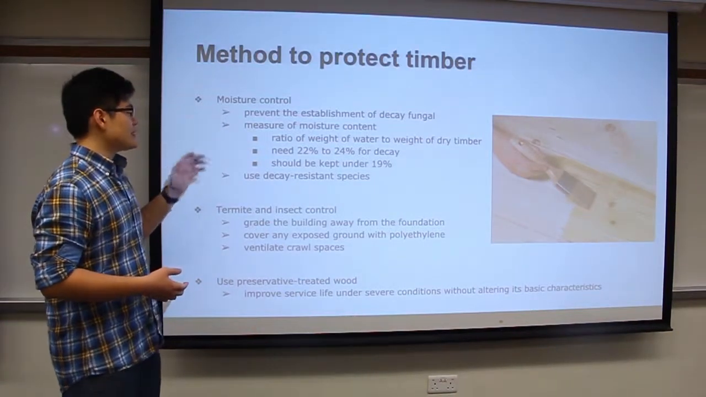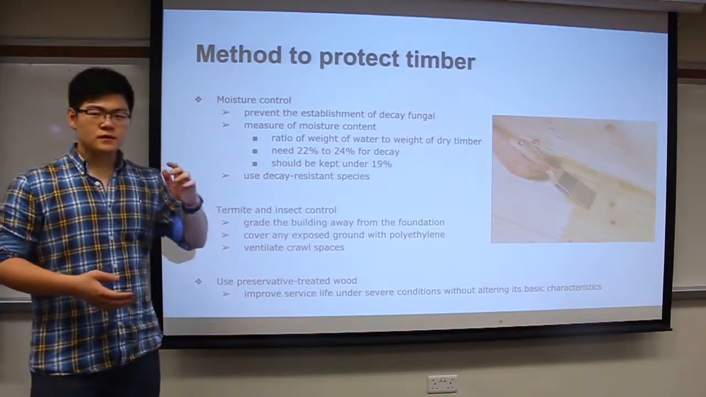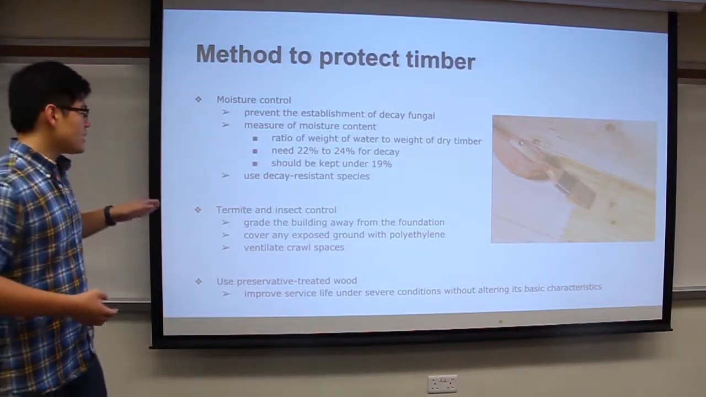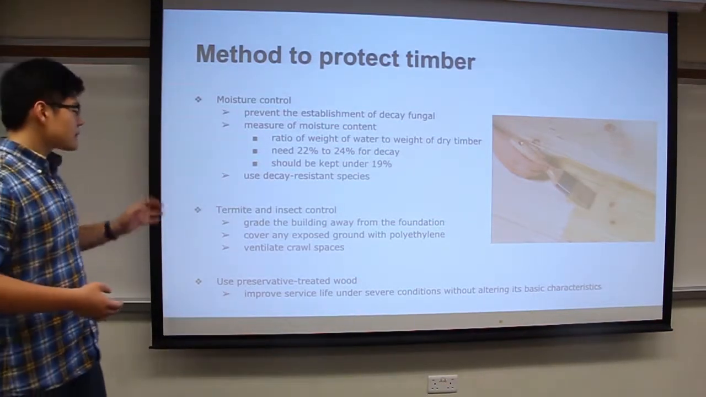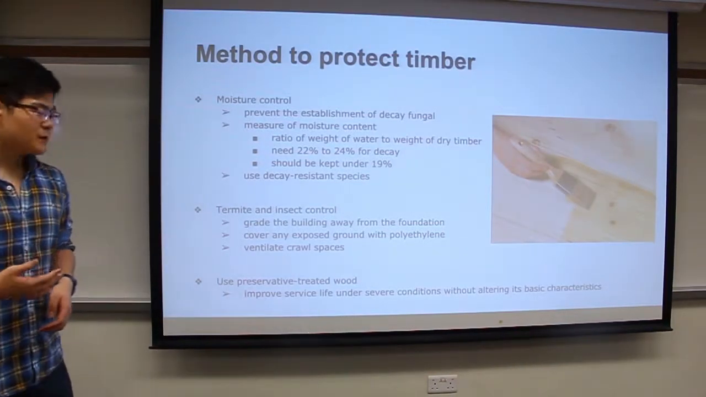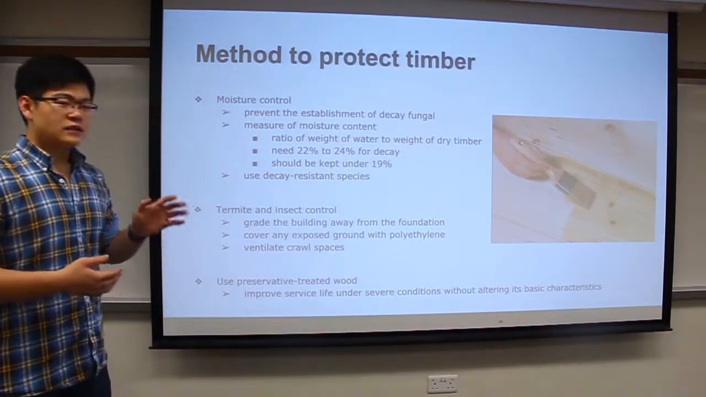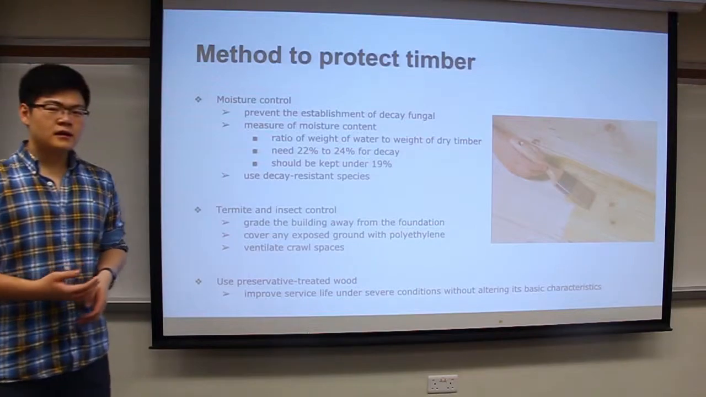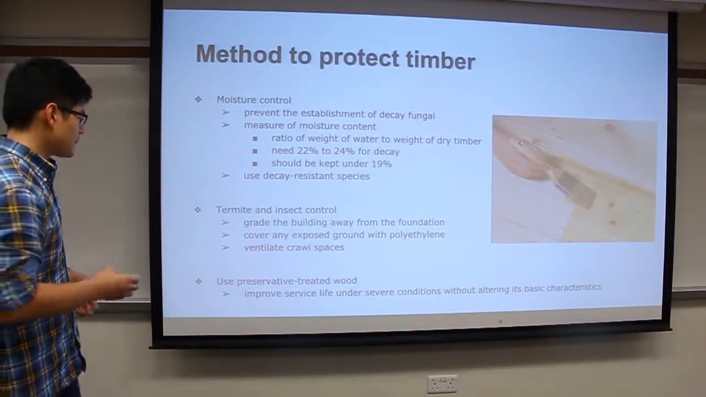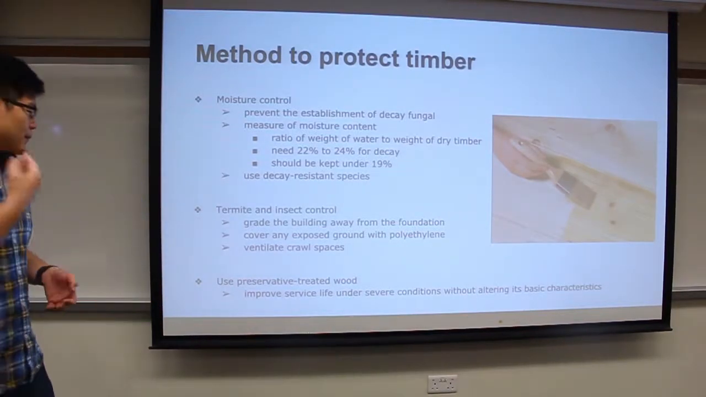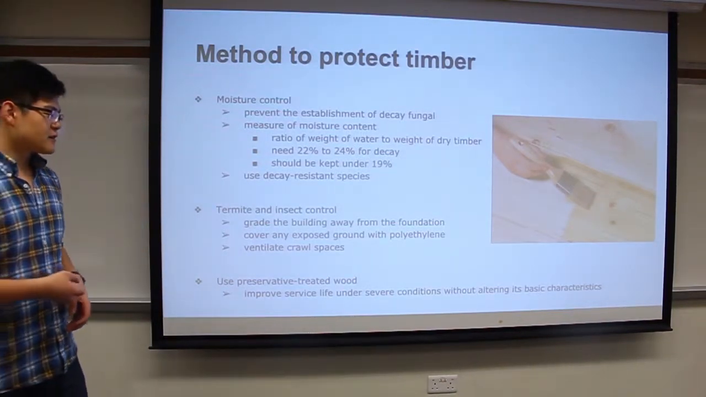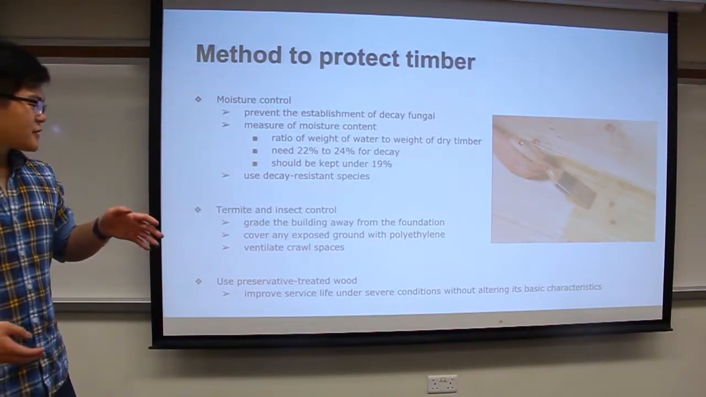And we can use decay-resistant species of wood to prevent decay and corrosion. And second, as for termite control, we can first grade the building away from the foundation. Second, if possible, cover any exposed ground with polyethylene. Third, ventilate crawl spaces whenever applicable. And finally, we can use preservative-treated wood to improve the service life of timber under severe conditions without altering its